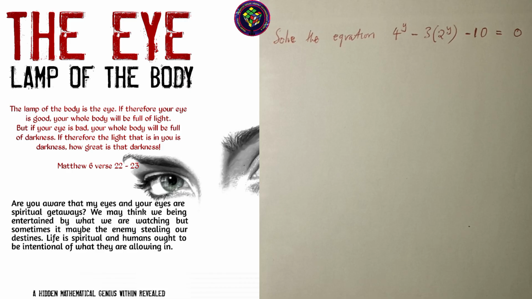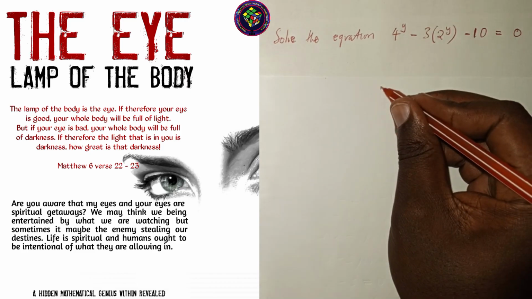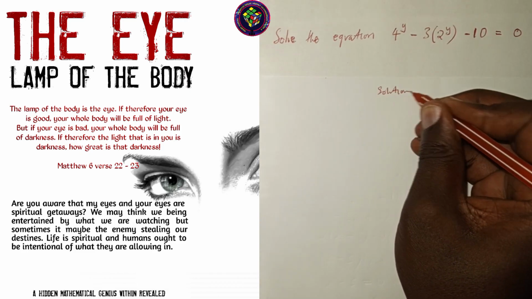Okay, so today's question, we are going to apply two concepts. We apply the concept of quadratic equations, and after that we also apply logarithms. Okay, so we have 4 to the power y minus 3 times 2 to the power y minus 10 is equal to 0. So we want to solve for y. So first thing,